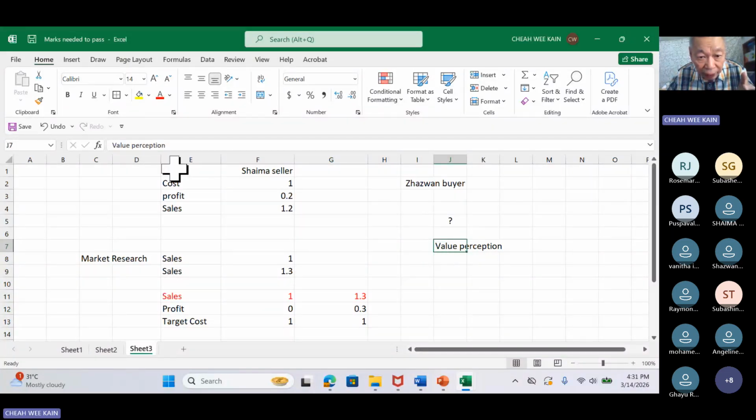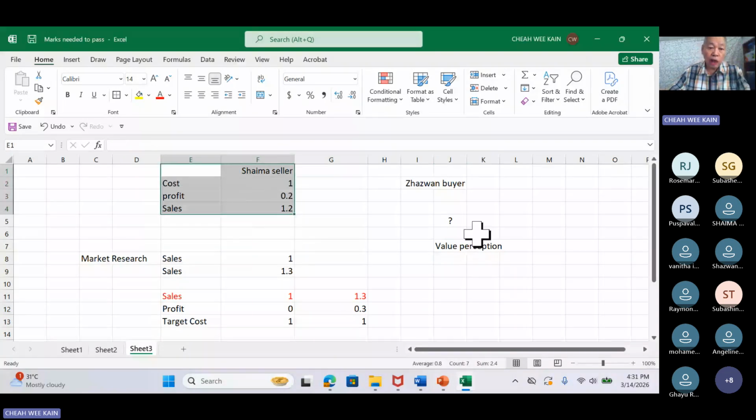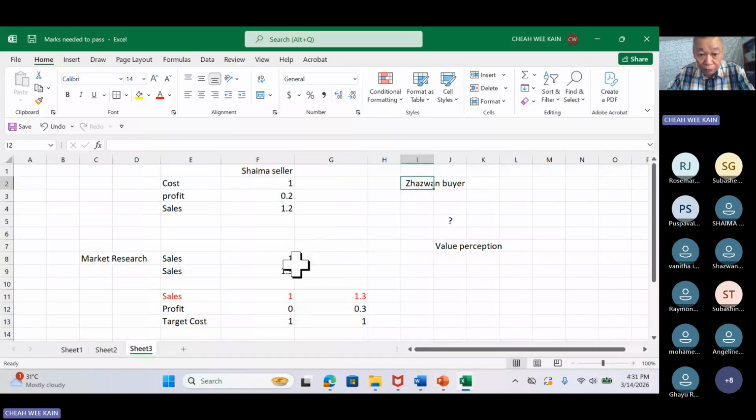Company go bankrupt because of this. So now Shama wants to sell at 1.2. Shazam wants to buy at 1. So what happened? Cannot sell. So Shazma goes and hires a marketing manager. The marketing manager tries to push at 1.20, but Shazma still wants to buy at $1. Still cannot sell. So Shama sacks the marketing manager and brings in a new marketing manager. Same thing again. Oh, then suddenly, why don't you buy one, get one free?